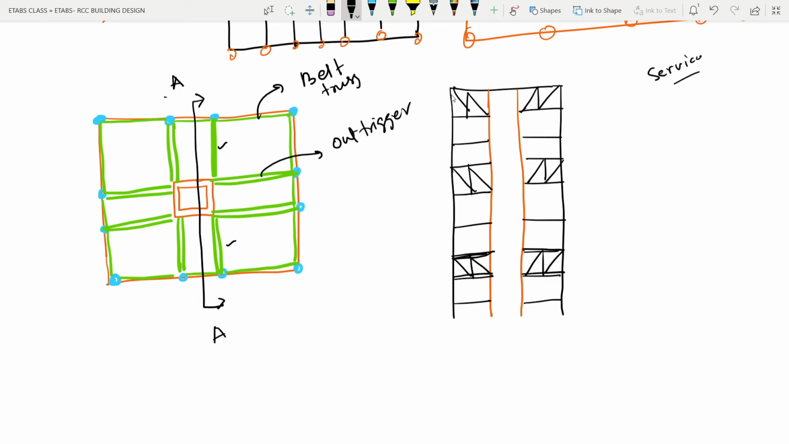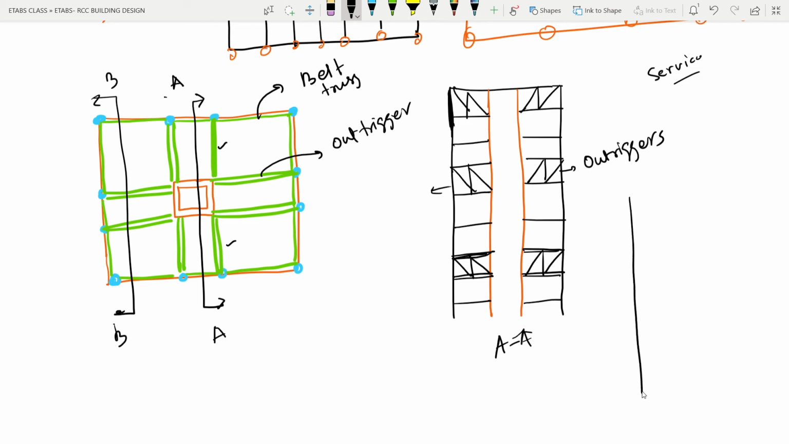So what we have done, these outer frame members are connected to the core with these truss elements or with these beams again. Now if I draw the cross section of these, suppose BB, these are called outriggers. And if this is cross section AA, now if I draw the cross section BB,